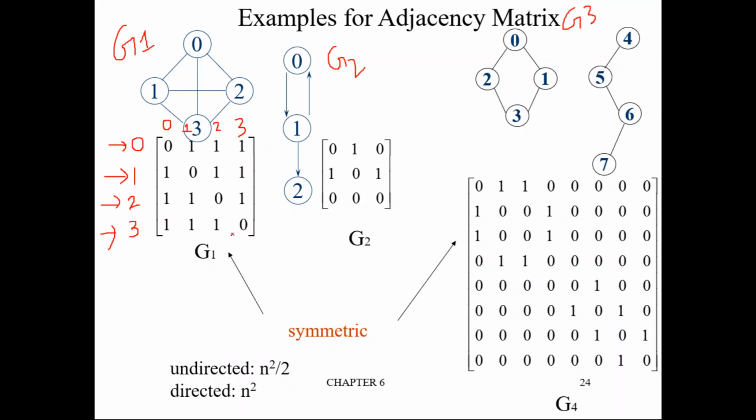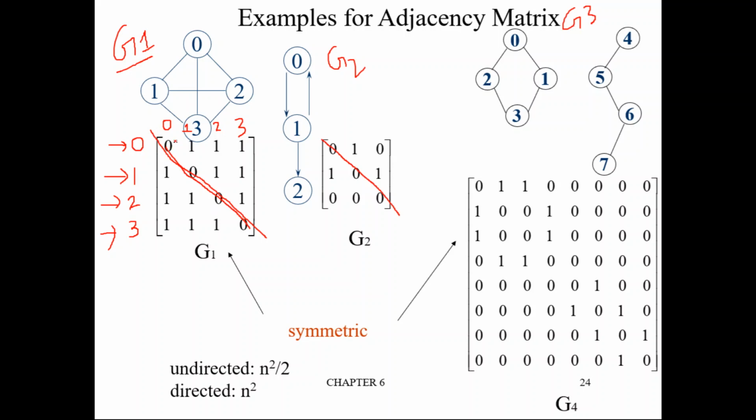So what type of graph is this? This is an undirected graph. In an undirected graph, you can always see that the diagonals will be 0. This is a diagonal. This diagonal entry will always be 0, not only in an undirected graph but in a directed graph also. Whether it is an undirected graph or a directed graph, the diagonal entries will be 0, because we are not going to discuss any graph with a self loop. These diagonal entries represent all the self loops.